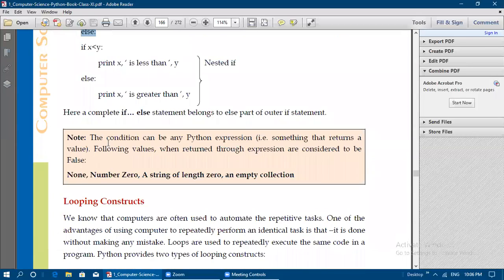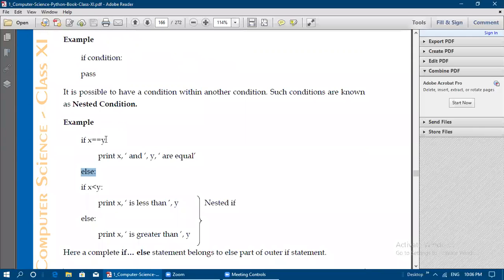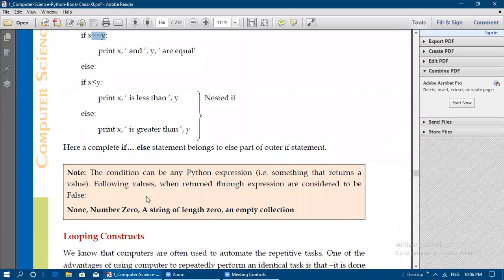Okay, note the condition can be any Python expression. Whatever condition we give here can be any Python expression, something that returns a value, either a true or false answer. When the Python expression returns the following values, like None, number 0, a string of length 0, or an empty collection, then it will give the answer as false.